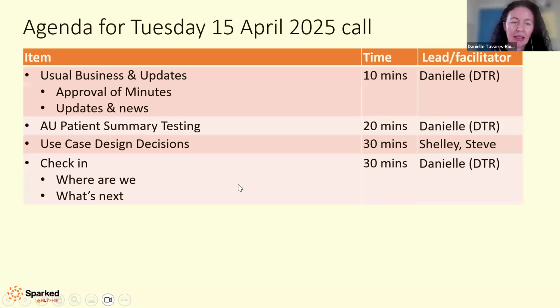In today's agenda, we're going through usual business, which we always do. And I promise to give an update and some information around the AU Patient Summary testing content. We've got some of the use case decision content coming from our previous meeting, and out of the Confluence page, the asynchronous exercise that was sent around for people to indicate their preferred consumer step, to go through that and also elaborate on getting the direction for drafting the use cases.